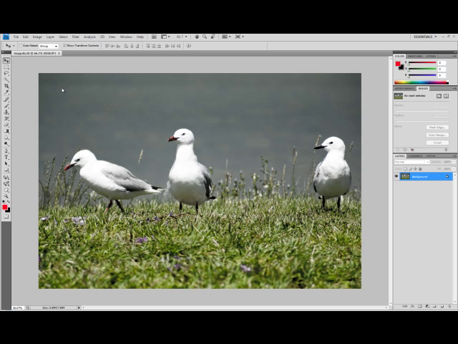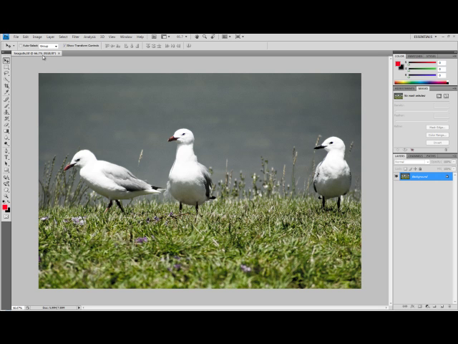The picture we actually see on the screen is not an actual indication of the size or the quality of what would be printed or what might appear on a website. There are a few factors that affect this. So we have the pixel dimensions, which are the number of pixels that make up an image horizontally and vertically. We have our image size, so this determines the actual width and the height of our image. And then there's the resolution, which is the density of the pixels in a printed image. And remember, the greater the resolution, the better the quality, but also the higher memory storage that you will require